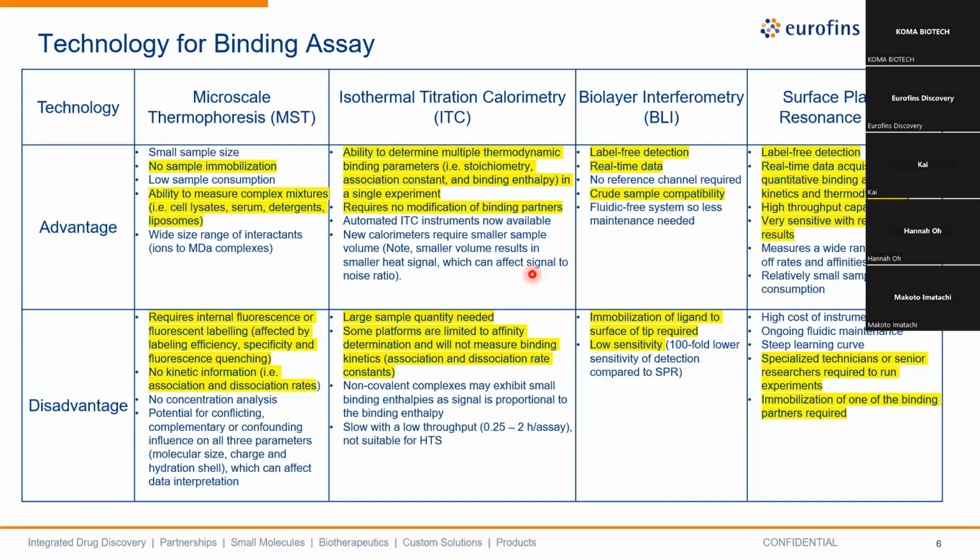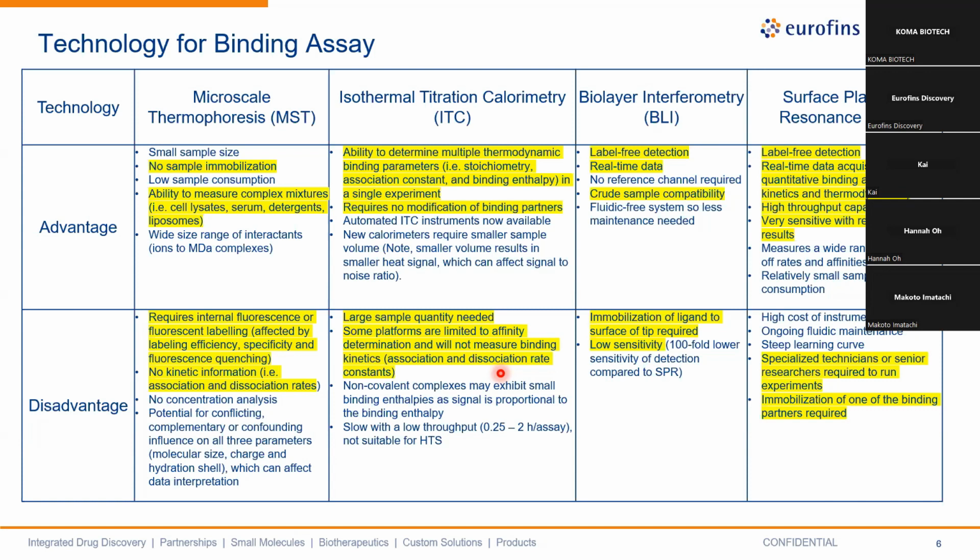ITC requires no modification of the binding partner, so you don't need labeling like MST. It can determine multiple thermodynamic binding parameters, such as stoichiometry and binding entropy. The disadvantage of ITC is that it requires a large sample quantity, and